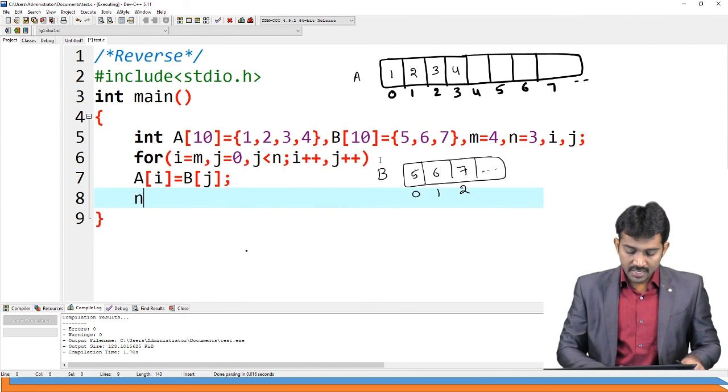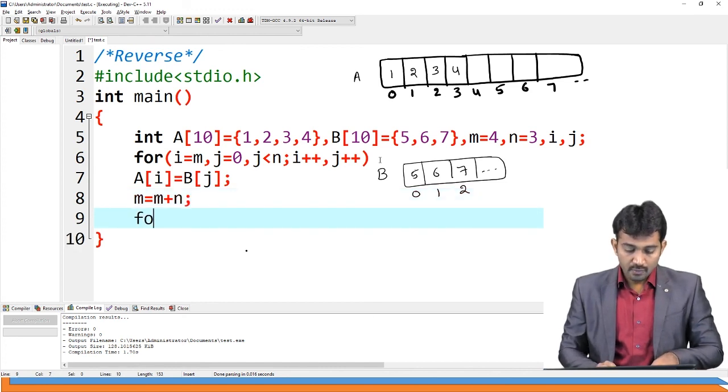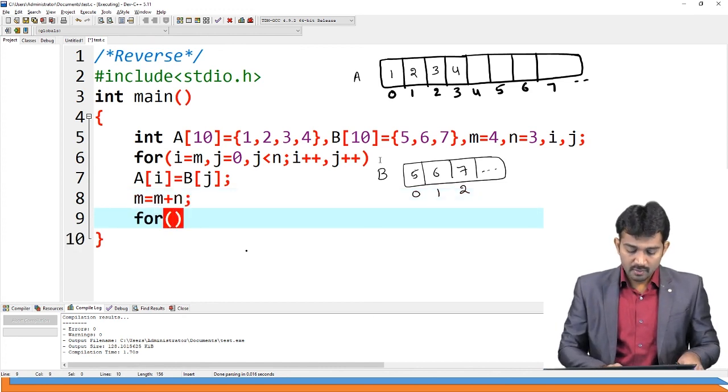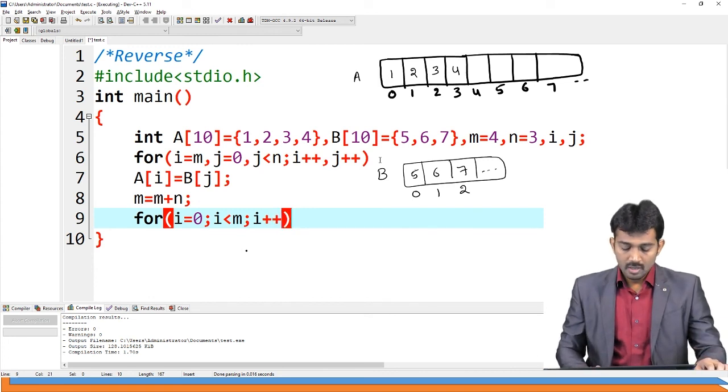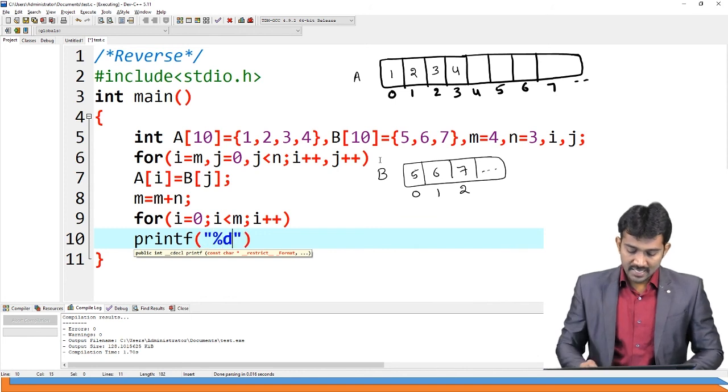After that, m goes to m plus n, right? After that, for i equal to 0, i less than m, i plus plus, printf of %d comma A of i.